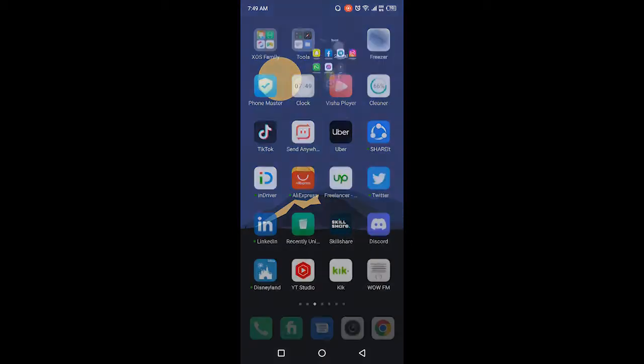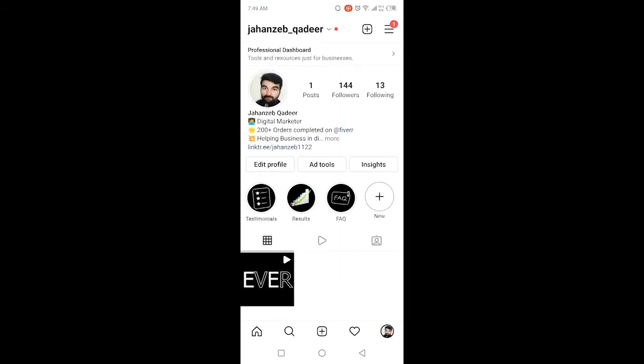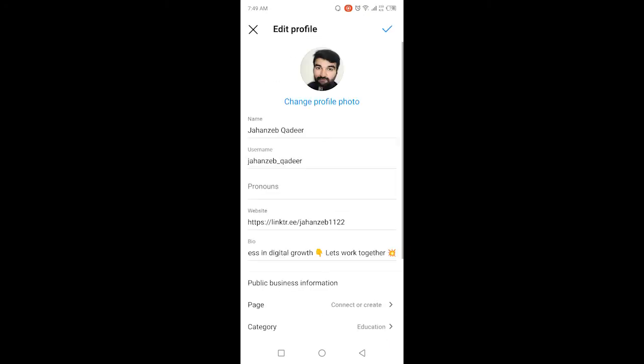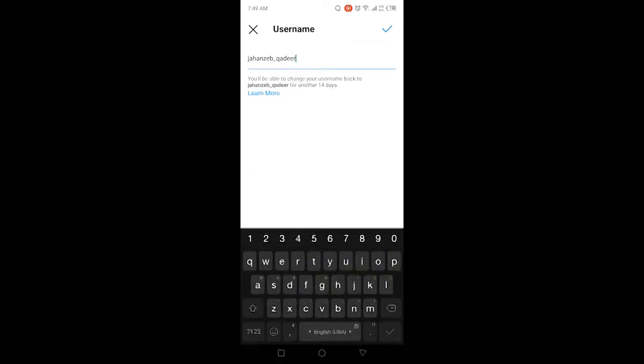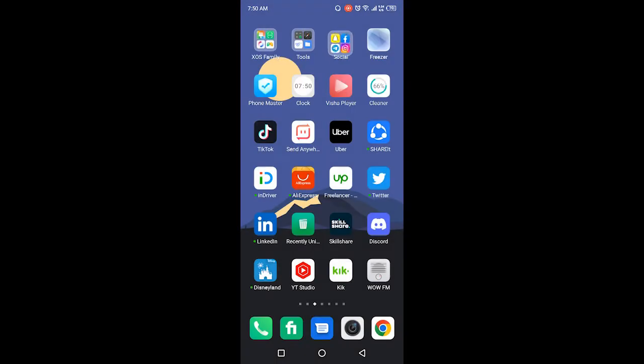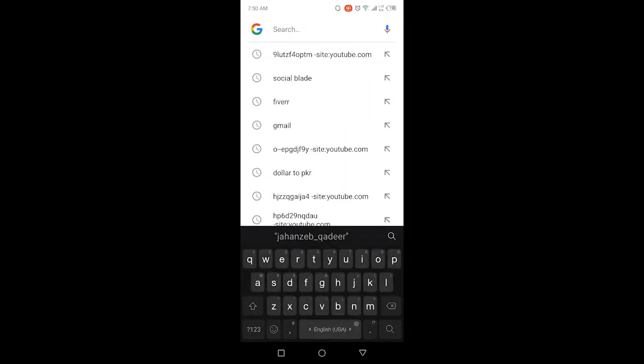The first step you need to do is to open Instagram. Once you open Instagram, simply click on the profile picture in the right bottom corner, and then click on edit profile, and here you need to copy your username. That is, copy your username. Click on copy. Okay, then you need to go back and open any browser and search here instagram.com